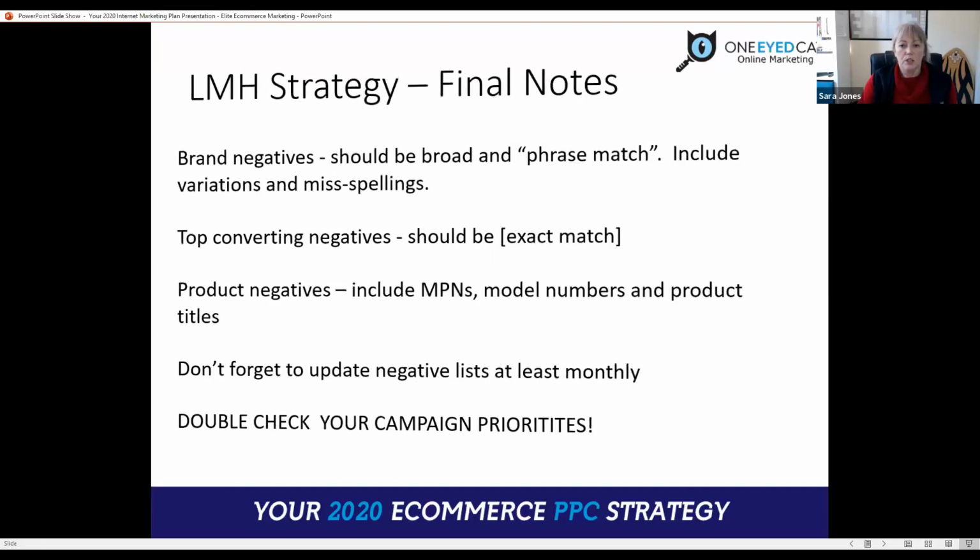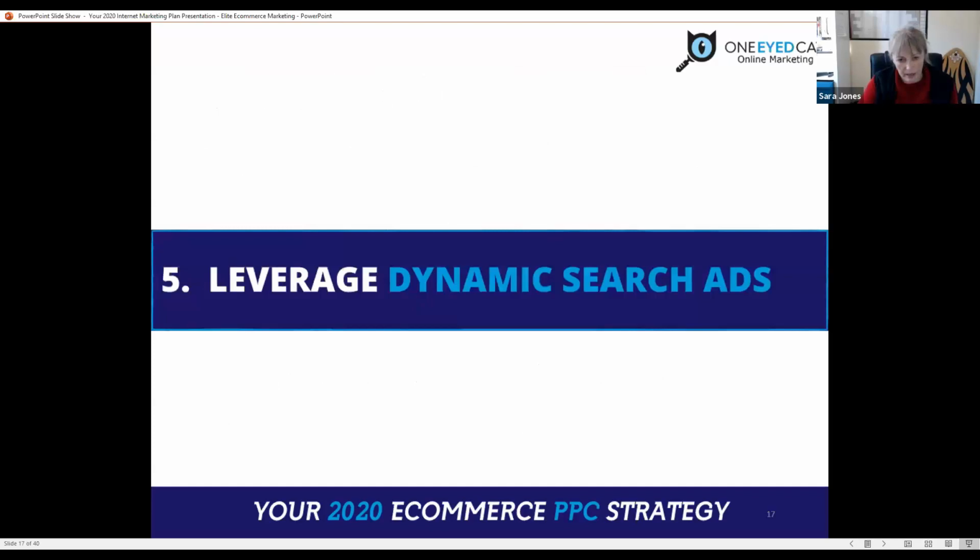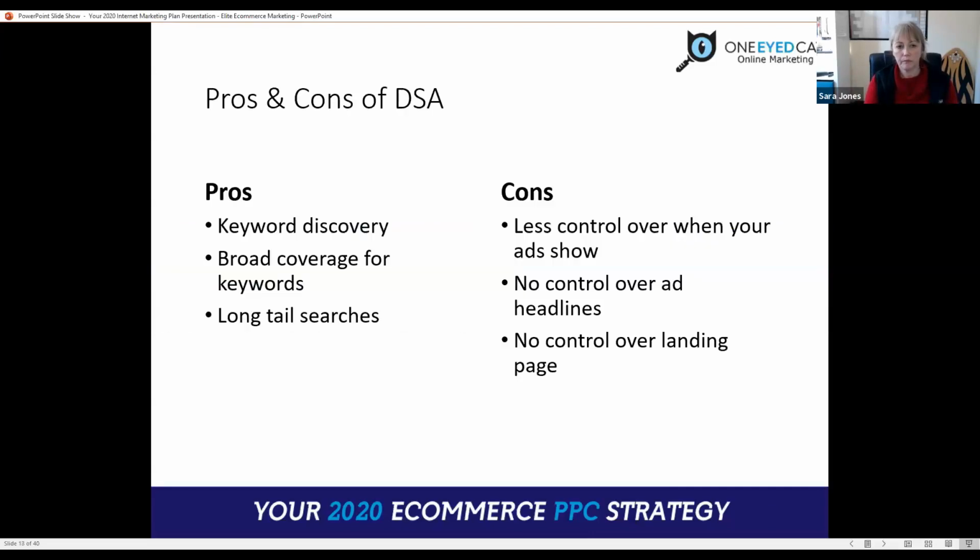So, shopping campaigns. The next thing you really need to be thinking about implementing is dynamic search ads. Now, I love dynamic search ads. Google will now encourage you to just enable dynamic search as part of a normal search campaign. I don't do that. I prefer to have more control,